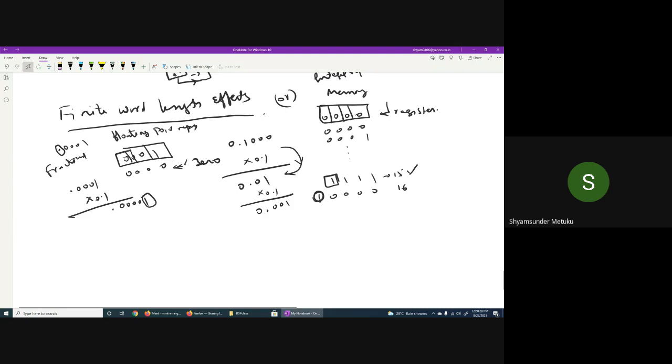So I can still store 0.01 in this particular memory without any problem. Again, the second time when you feed back 0.1, 0.01 into 0.1 becomes, tell me, 0.001. Yes or no? So like that, how many times can I do this kind of repetition so that my memory is able to store the result? Maximum 3 times, isn't it? Yes, sir. The fourth time you try, you are going to get a 0. After that, any number of times you repeat, your output will be 0 only, right?